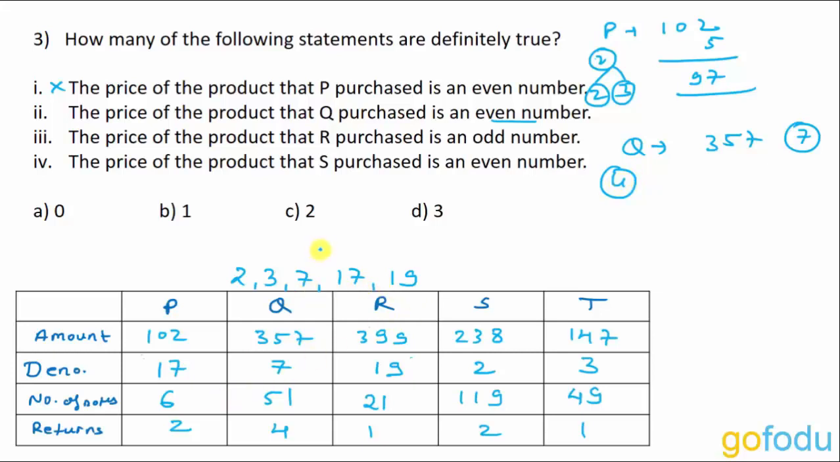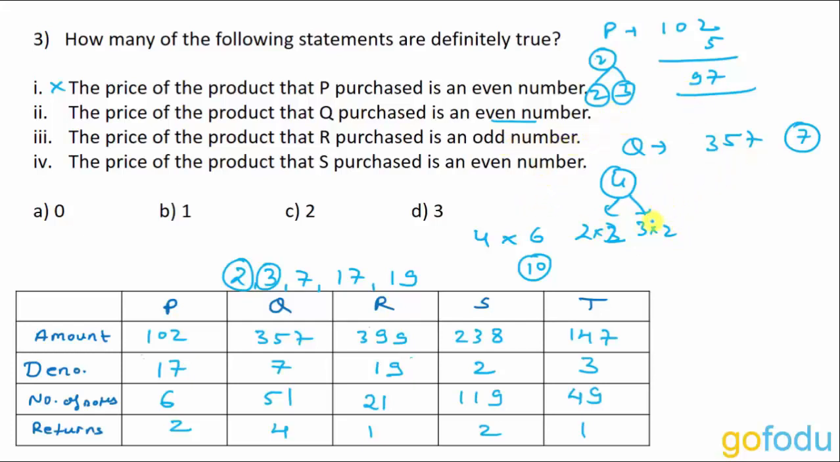So the 4-note combination can be 2, 3, suppose 2 notes of 2 and 2 notes of 3. That means 10 rupees: 2 into 2 and 3 into 2. This can be one of the possible combinations, and I am just concerned with negating this